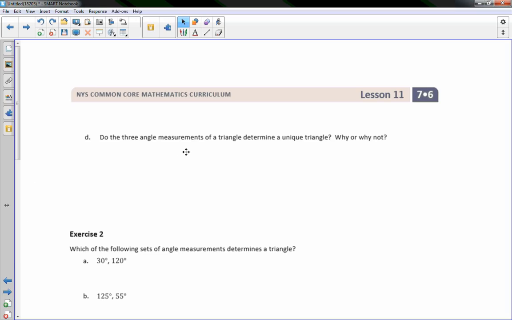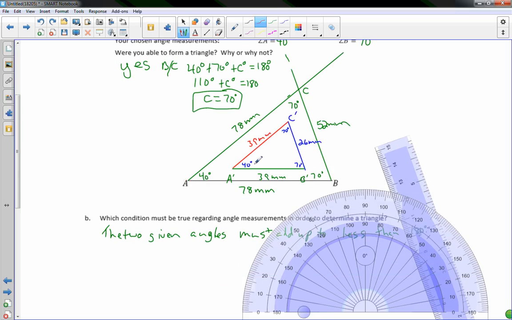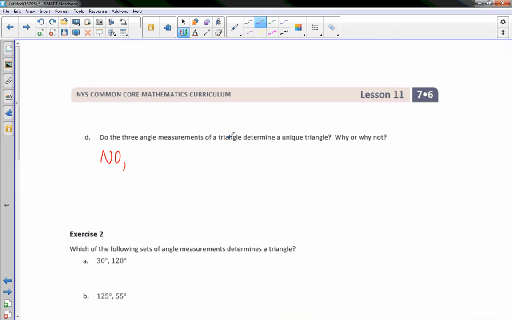So it says, do the three angle measurements of a triangle determine a unique triangle? Why or why not? And we just answered that question. No. We had two triangles back here with the same angle measurements, 40, 70, 70. Obviously, this triangle's half the size. Okay? So no, three angle measurements of a triangle do not determine a unique triangle because